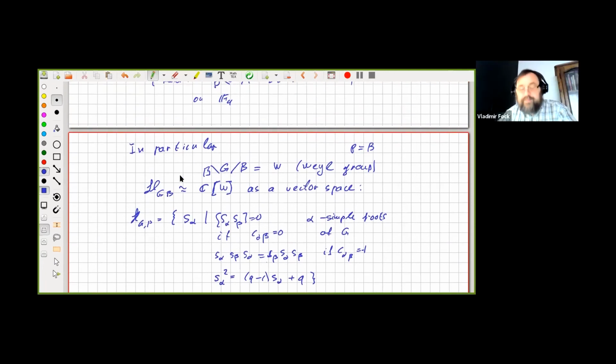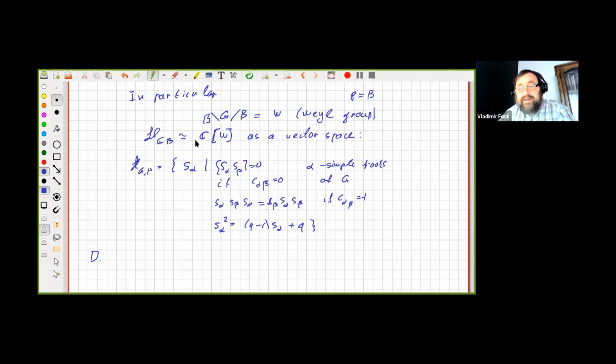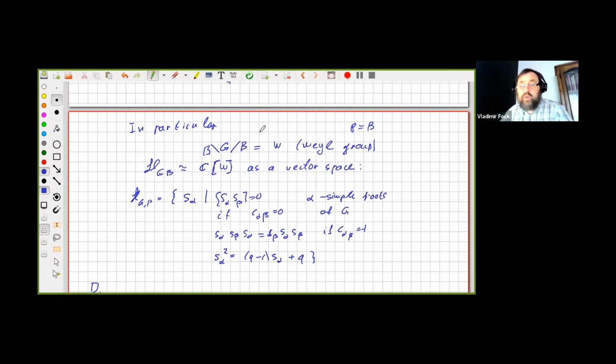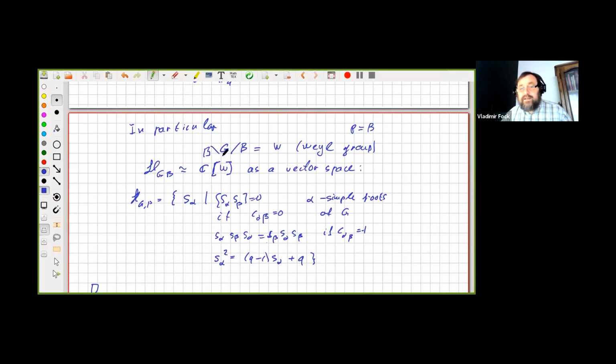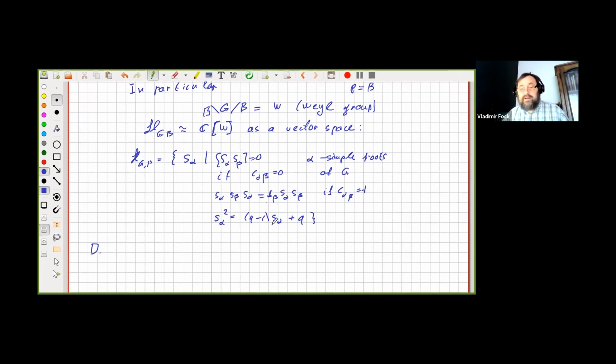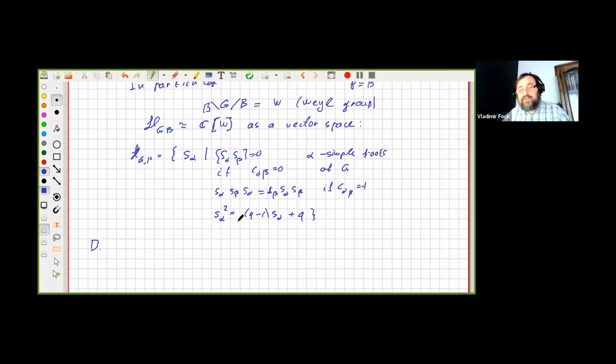Once again, it's a vector space. It doesn't depend on Q, but as an algebra, it does. So this is just maybe what I said, that something doesn't depend on Q. For example, this quotient, this set G over P, is canonically isomorphic for different Qs, but the convolution product, of course, depends on Q. And once again, it becomes just the ordinary one when Q equals 1.